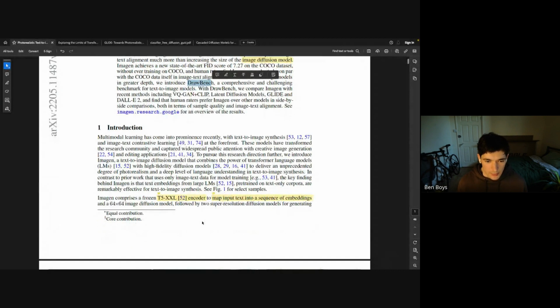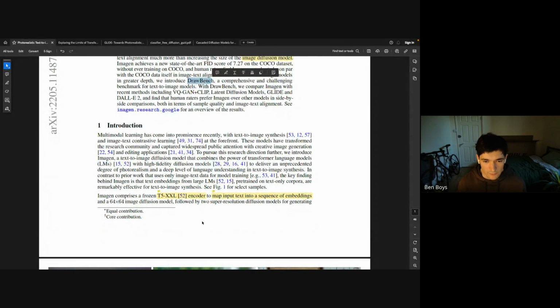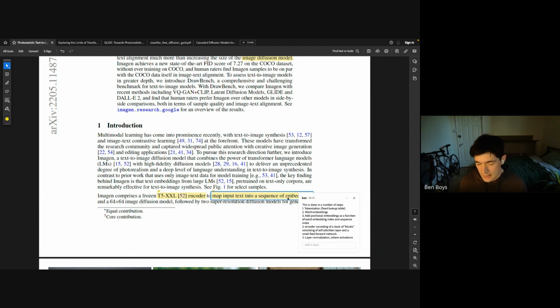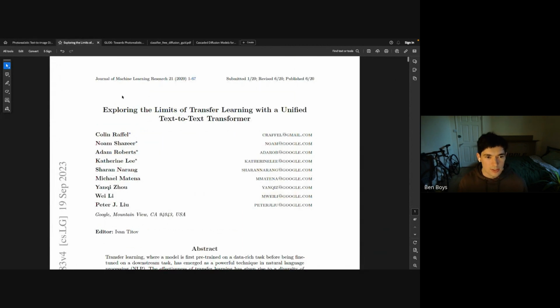Okay, so let's go into the paper, looking a bit further into what this large language model is. It's a T5 encoder, and they explore different sizes, the largest of which is denoted this T5XXL one. And it encodes sequences of embeddings from token inputs. And then it maps input text into a sequence of embeddings. And looking at that paper, which is this one here,